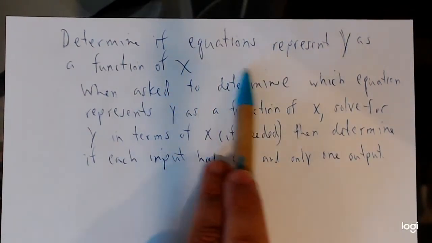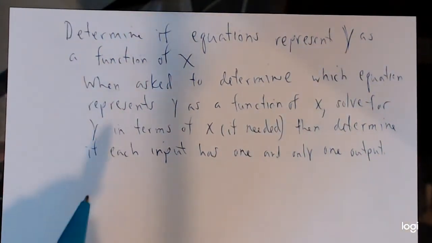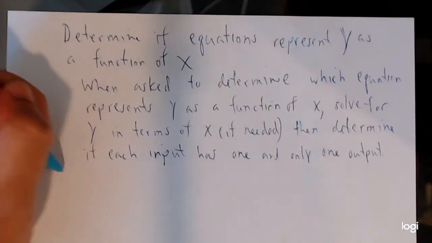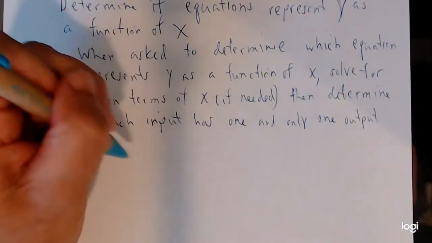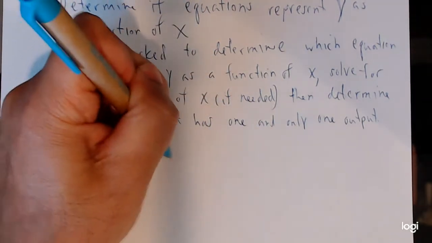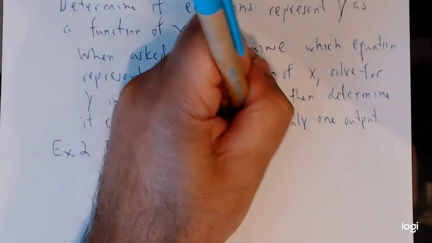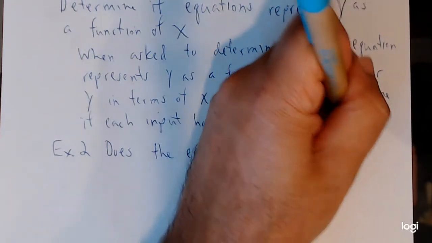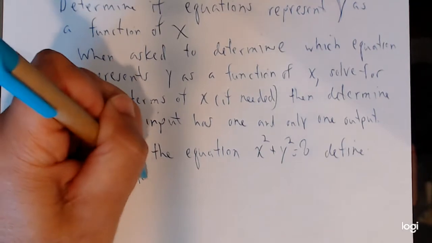Because remember, we want to represent y as a function of x. So since we're calling it a function, we want to make sure that each input doesn't have more than one output. So let's look at our second example, and we'll be checking that here. So we're saying, does the equation x squared plus y squared equals 8 define y as a function